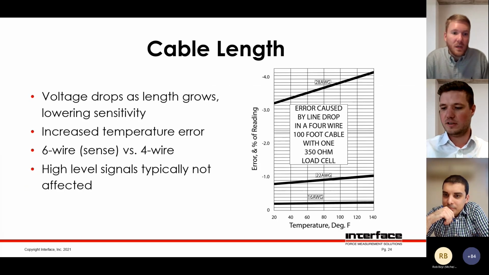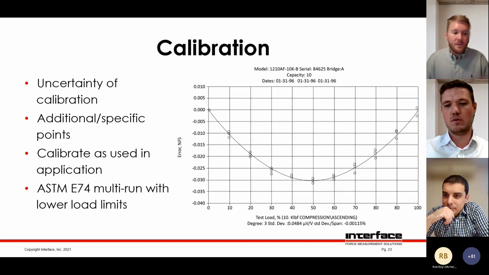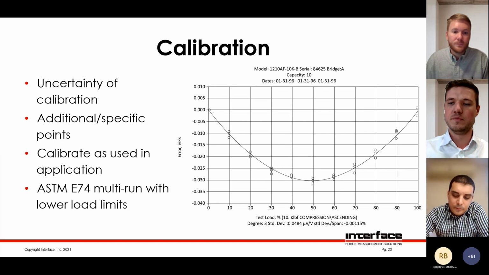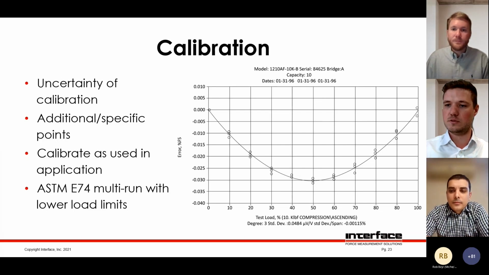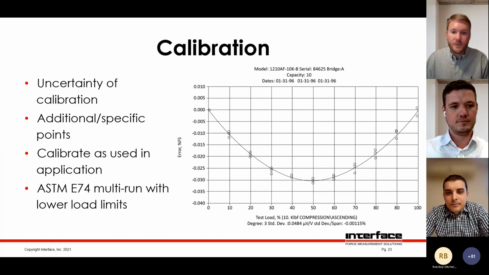So Rob touched on... Oh, go ahead. Sorry, the ASTM E74 is very similar to an ISO 376 calibration in terms of multi-run lower limits. There are some key differences, but that is also something we can provide, either an in-house ISO 376 calibration with Interface or with an external lab prior to shipping out to you. So if that's something you require rather than E74, it's something you should discuss, and we could look into as well. Thanks,